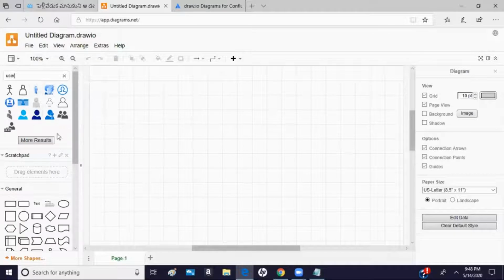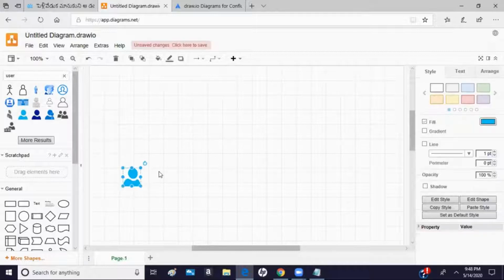Now you will get a lot of users here, so I am going to pull 1, 2, 3. We assume they all are developers who develop their code and testing in an environment.